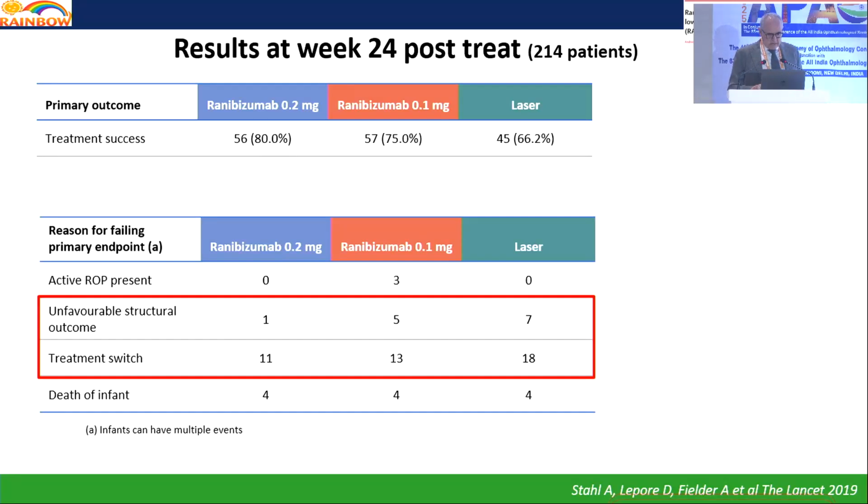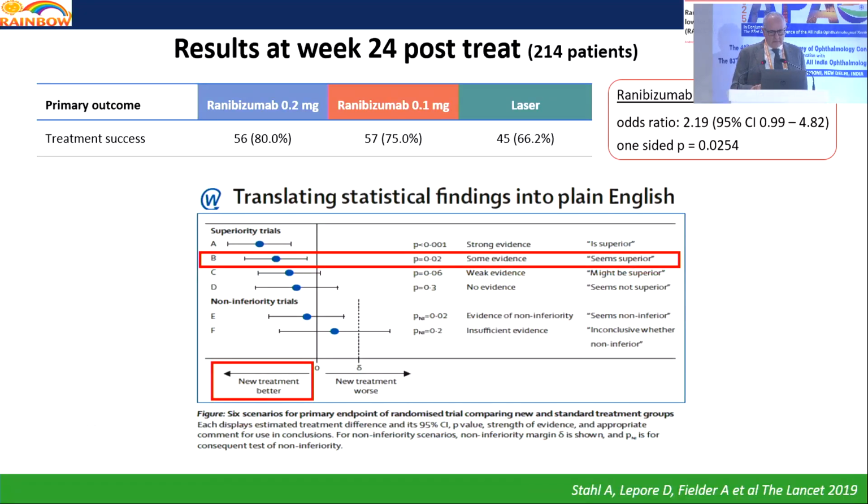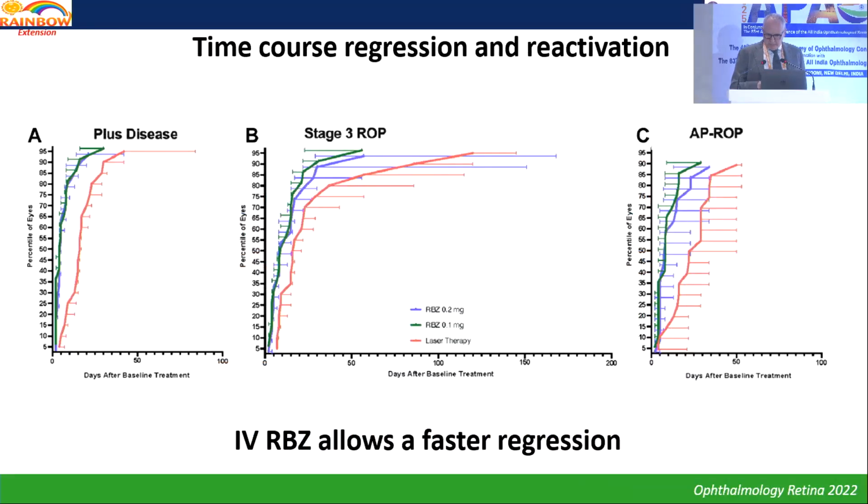The results were here, and the superiority was not matched, by 0.004. This is probably due to the fact that we are very strict in defining the favorable outcome. This is the translation that the Lancet editor asked us to use, and that's why we use the criteria "seems superior." Time is important to see in this schema, because we understand that anti-VEGF is very fast, allowing regression